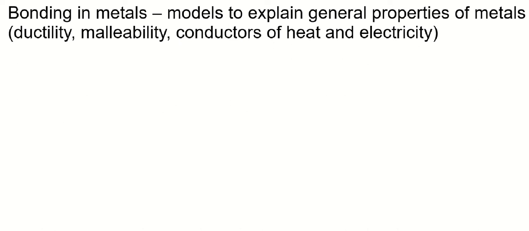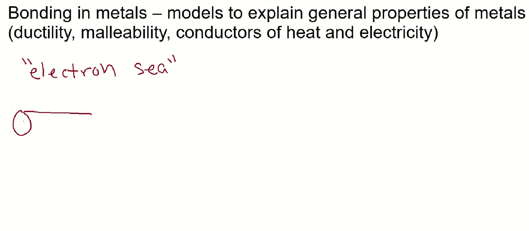Okay, so the model we first introduced is a fairly simple model known as the electron sea model. It's all about the valence electrons. In class I had you consider a cylinder of copper or a wire of copper metal, could be any metal, and we take a closer look at it, and it might look like this, where you have the cations of the metal